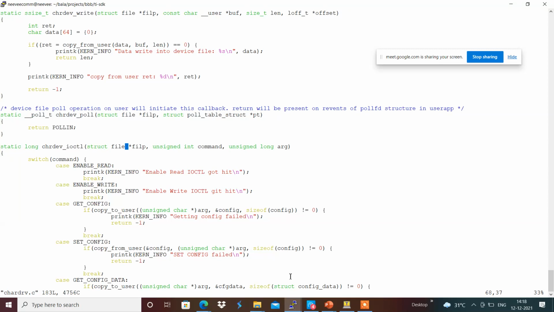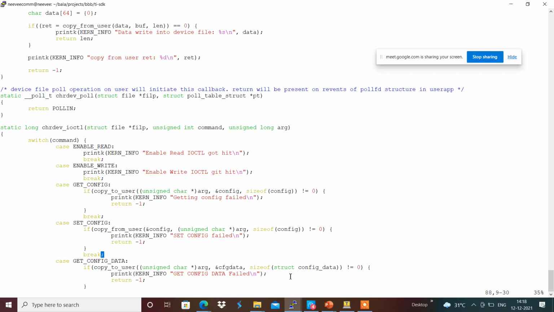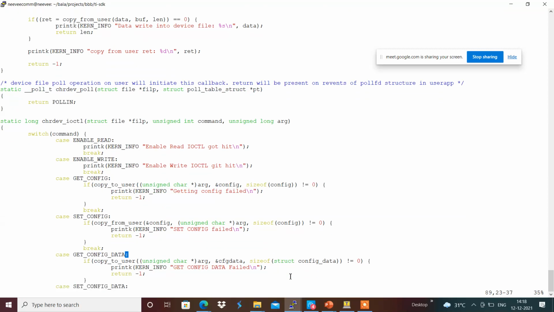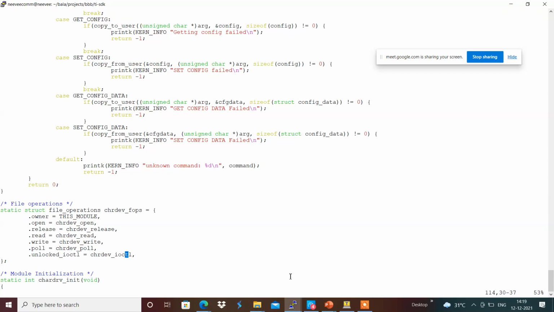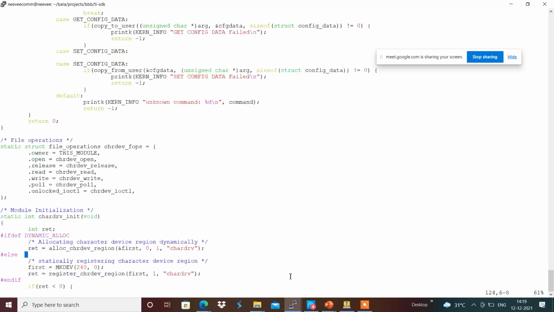For example, if we wanted to write into that respective driver, we will see that on the real device in our next session. This is basically a skeleton of a driver which provides all the file operations like open, release, read and write, poll and ioctl, which have been initialized during the module initialization, and the respective cleanup happens during the module exit accordingly over here.